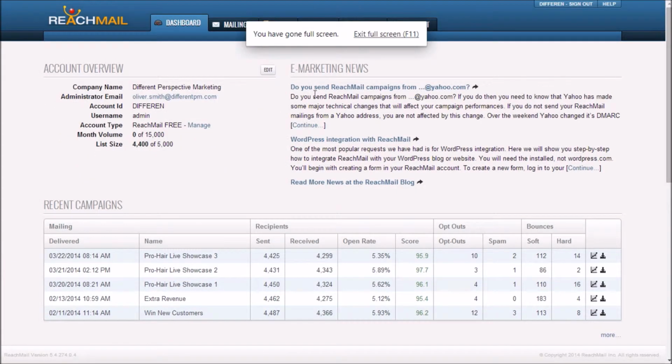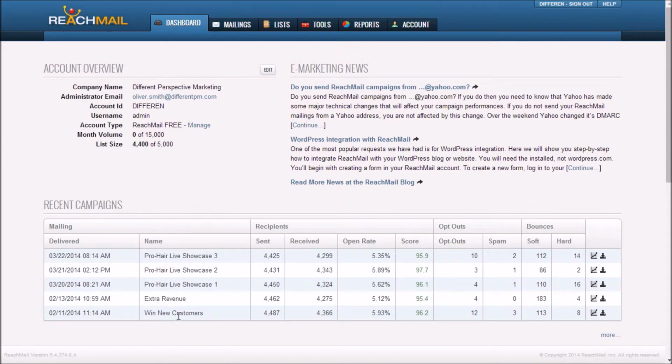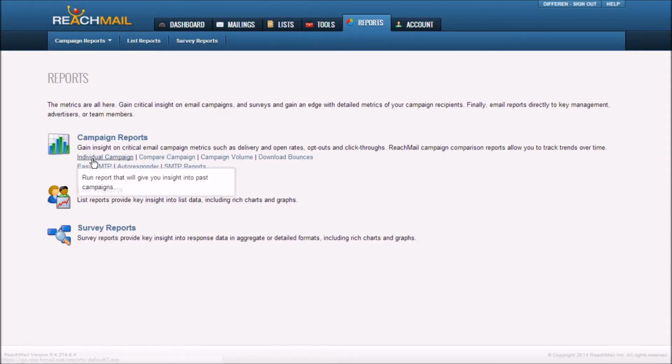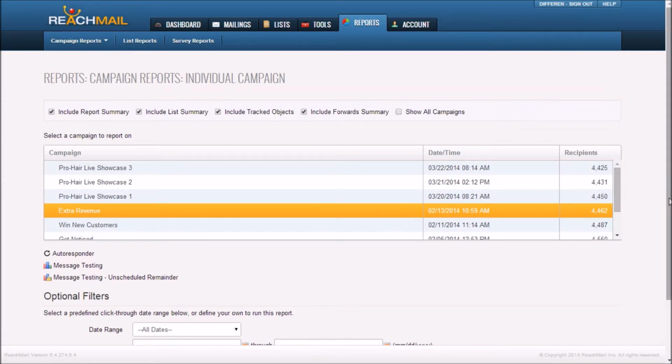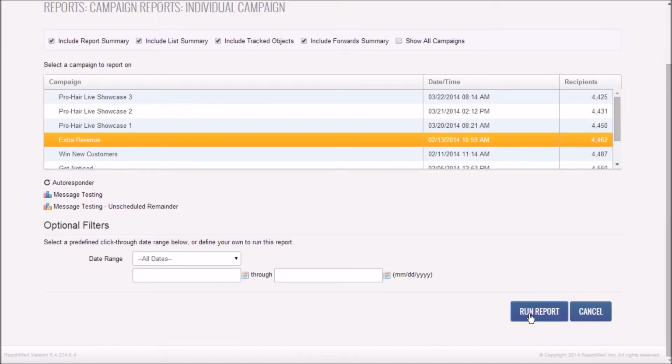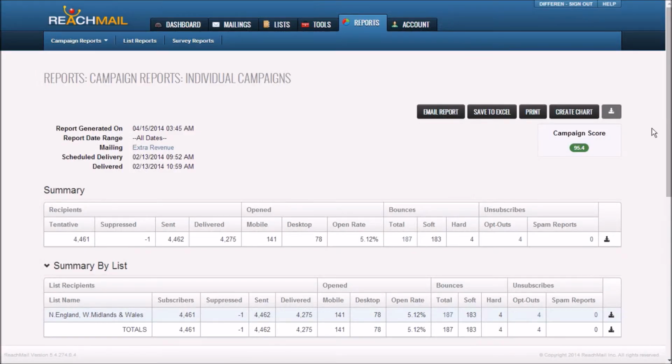Finally, I'm going to show you quickly reporting. Now I've logged into Reachmail and you can see this is the dashboard and it shows basic stats for the campaigns that I've run. But with each of the services, you can click on reports, then find the email that you want to report on, click on it and run report. Now you will get